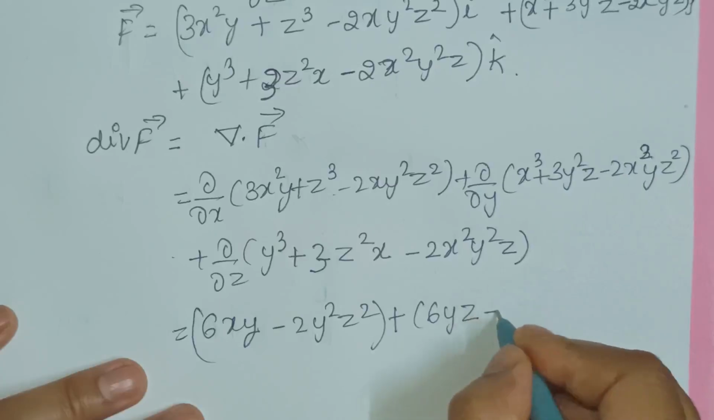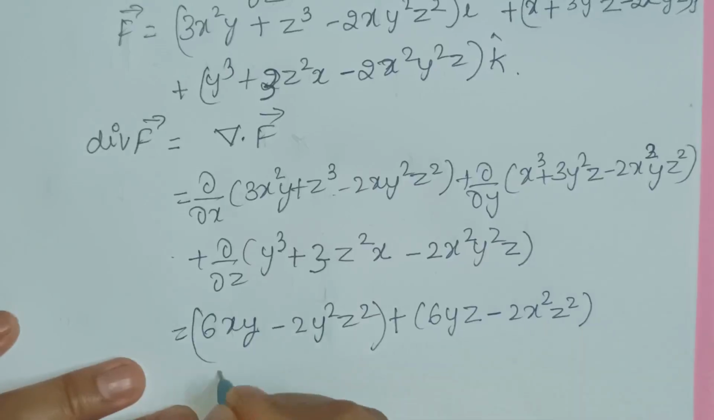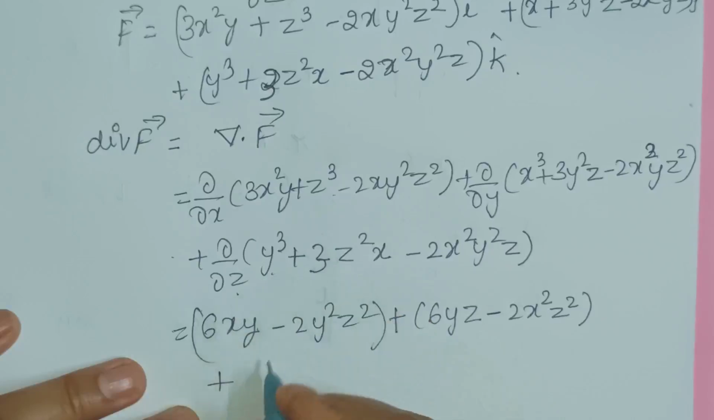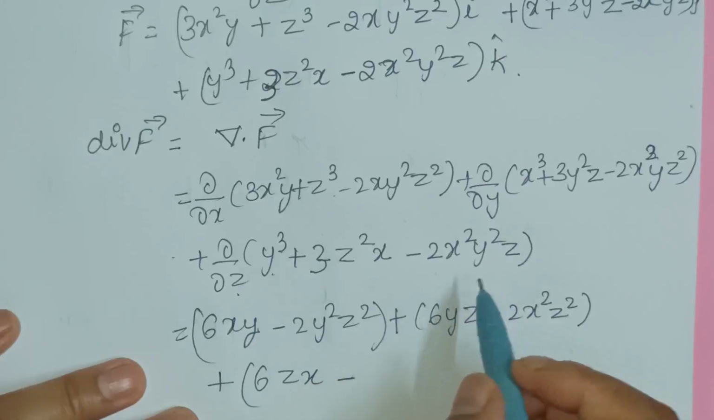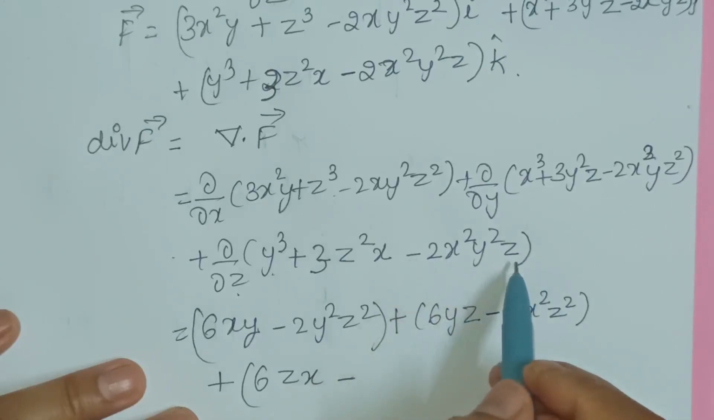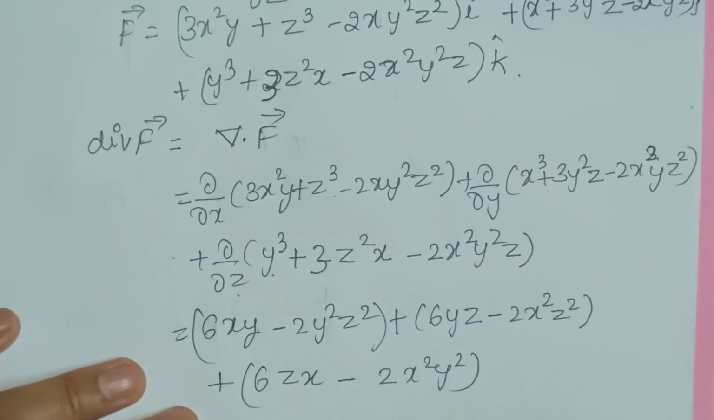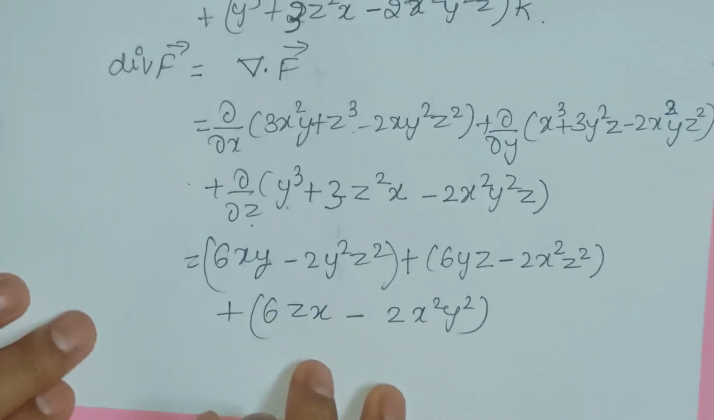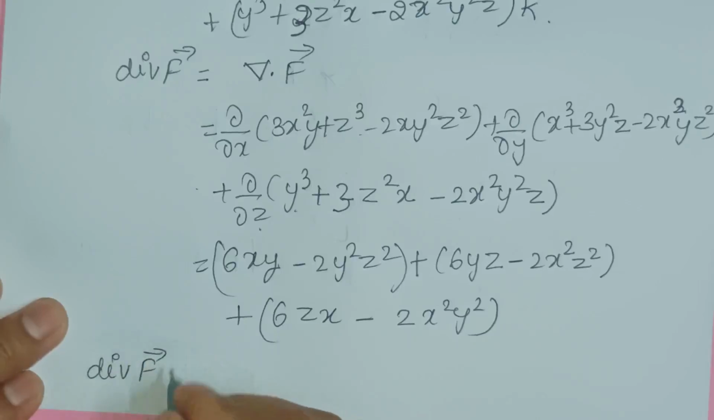Here I have y, so this is going to be 2x square z square. Plus partial differentiation with respect to z, 6zx, minus partial differentiation with respect to it is dead, so 2x square y square. Done, right? I'll just remove the brackets and we'll check what is the divergence of vector f at the point